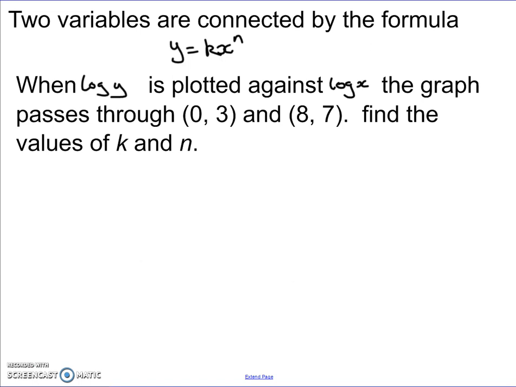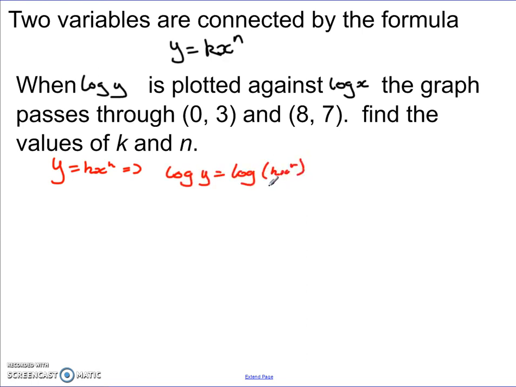So our first question: two variables connected by that formula. When log y is plotted against log x, the graph passes through (0, 3) and (8, 7). Find the values of k and n. So in order to do this, we have to think like we did before. We know that y equals kx to the n. We know that log y plotted against log x gives us a straight line. So what we can then say is log y equals log of the other side, so log of